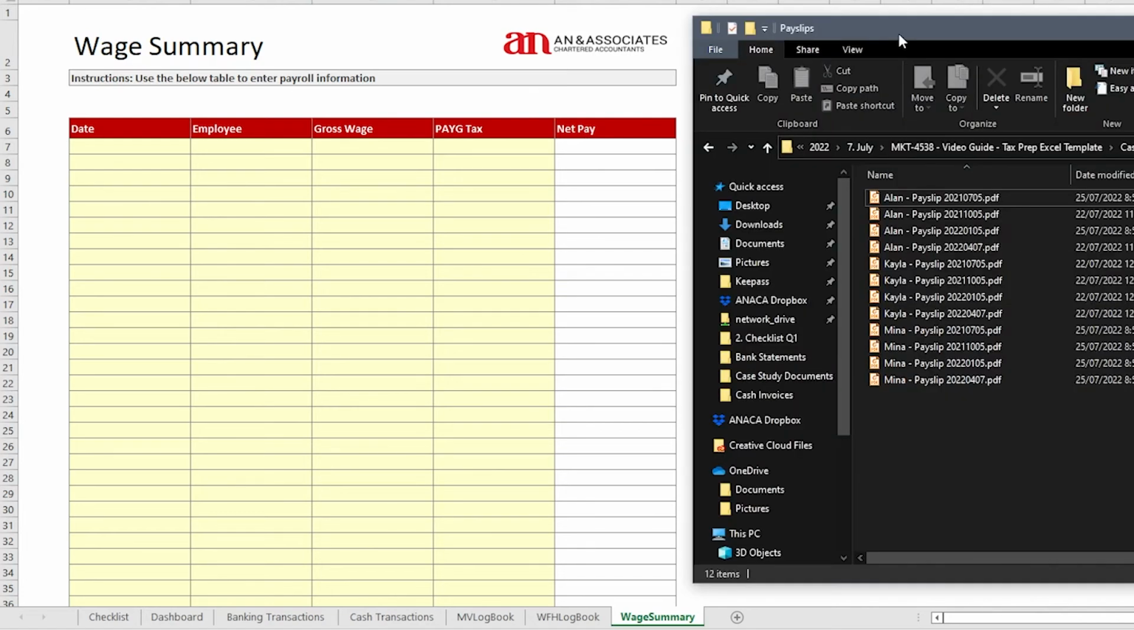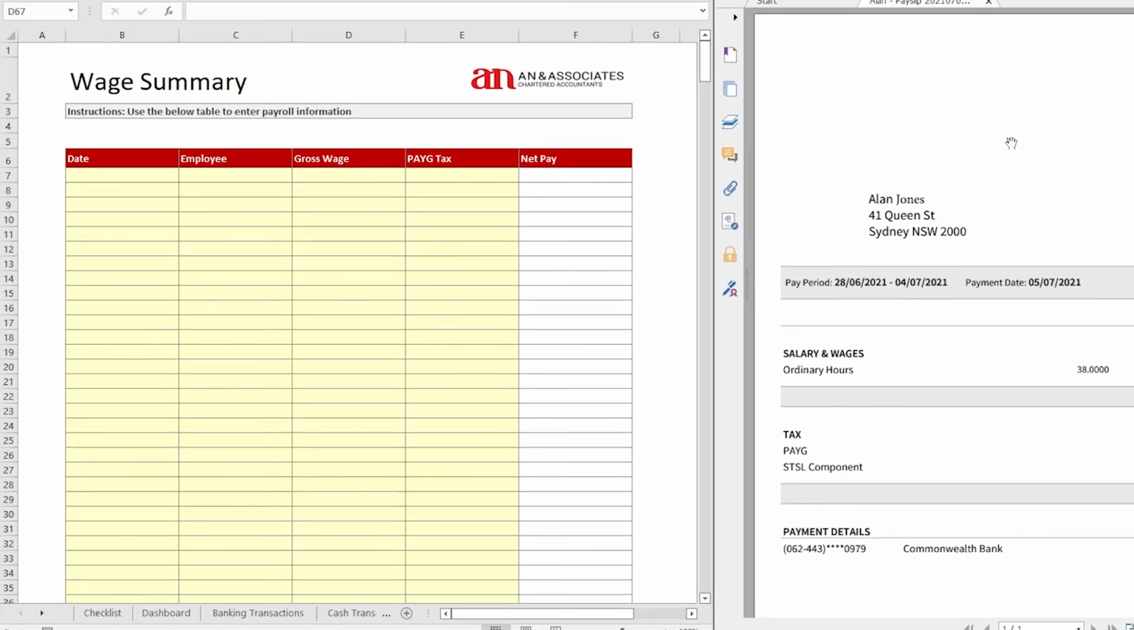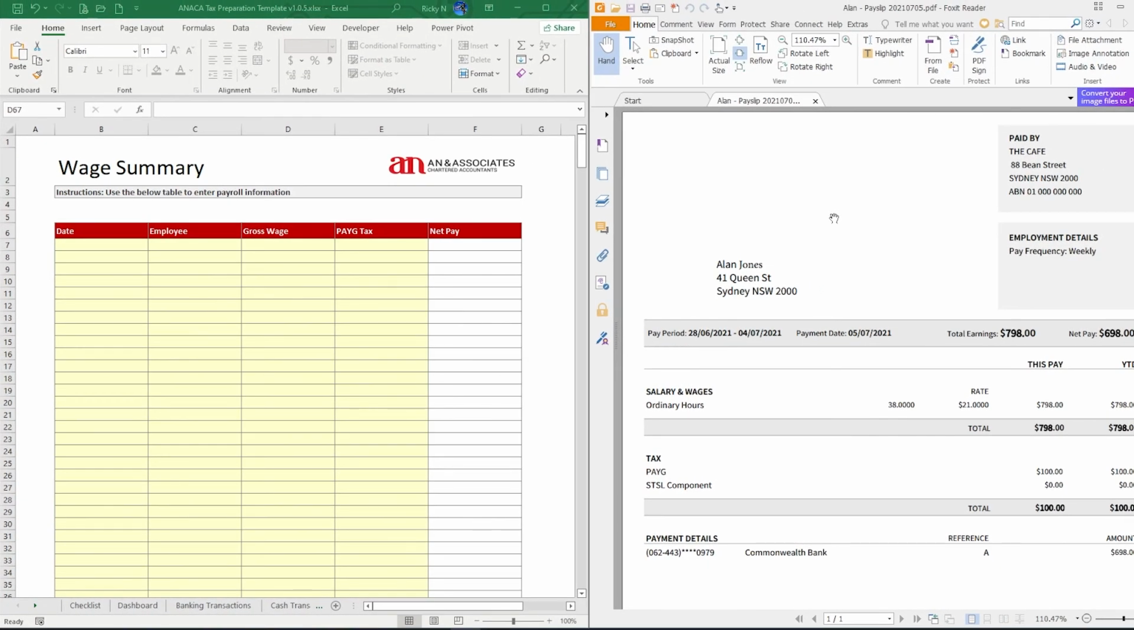So in our case study, these were the payslips that were supplied to us. So I'm going to show you how to enter in the payslip. The first payslip that we're going to take a look at is Alan Jones' 4th of July payslip, or the 5th of July payment payslip, as you can see there. So I'm going to enter in on the 5th of July, 2021, and it's Alan